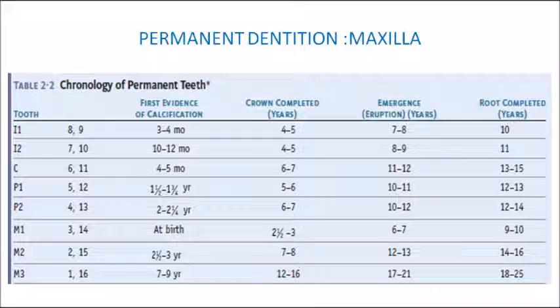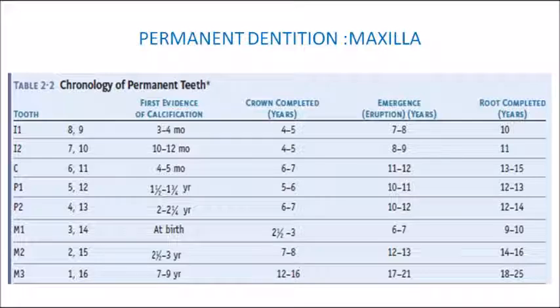So you have to notice that only by 7 to 9 years of age, all the permanent dentition has begun calcification. Before that, at the time of birth, only the first permanent molars are calcified, and the last teeth to show evidence of calcification are your third molars, which is only by the age of 7 to 9 years.